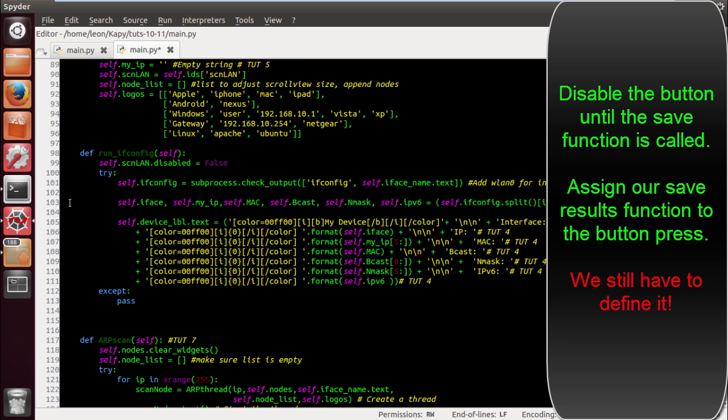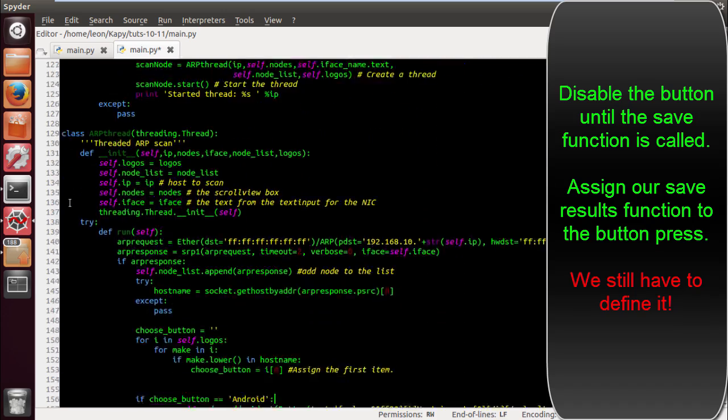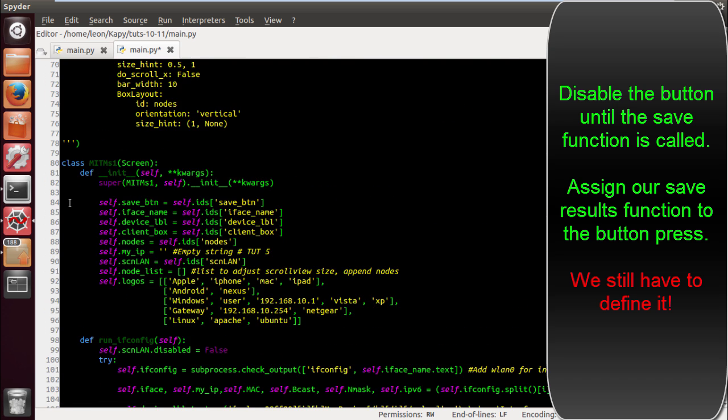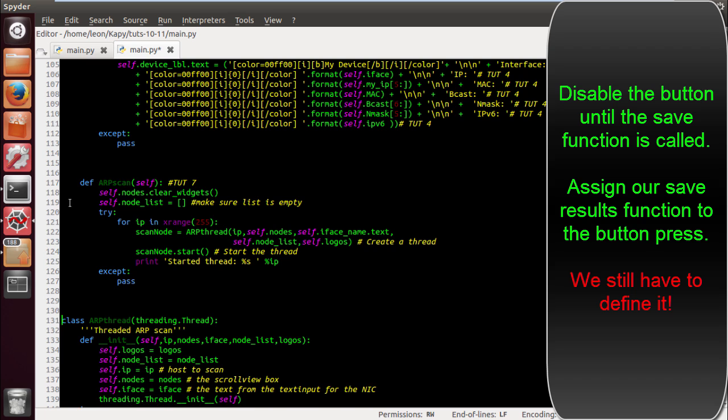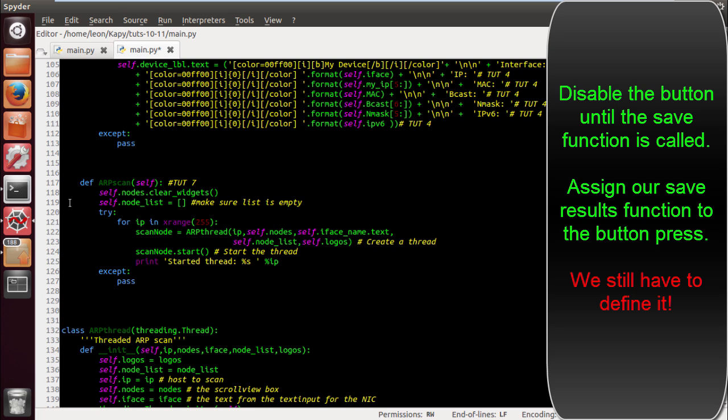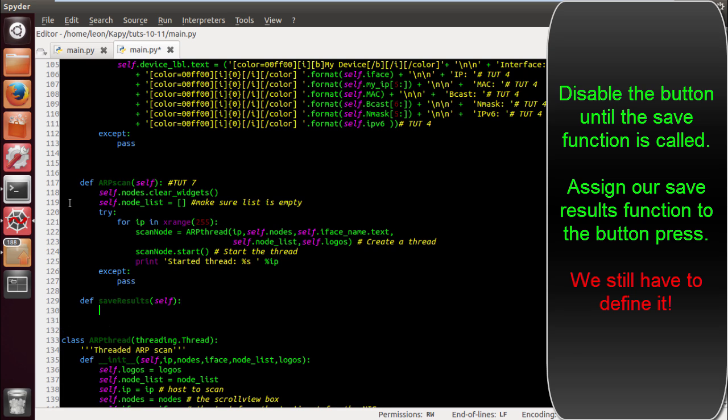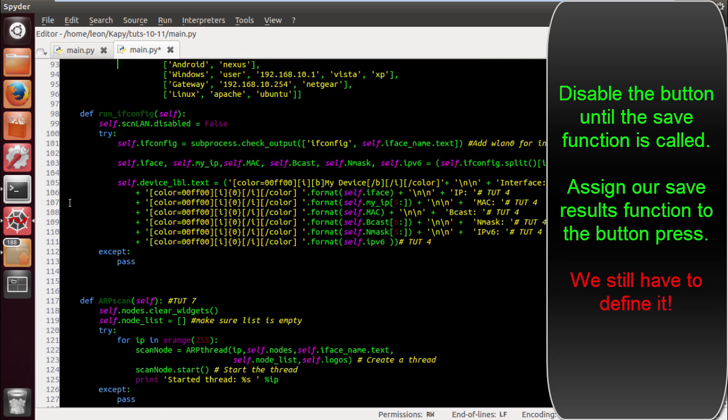If we come down here, as you can see, we've written quite a bit of code so far. Things are going to start getting cool, a bit funky. So let's just have a little look here. Let's take that down now and let's define save results. Okay, and we've got self colon. Let's do a pass for now,